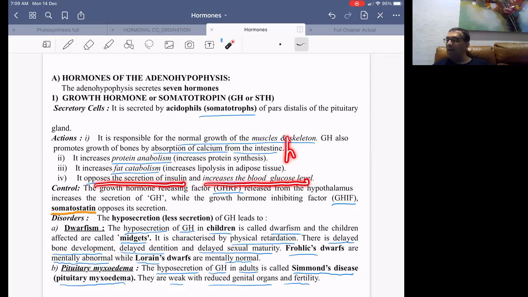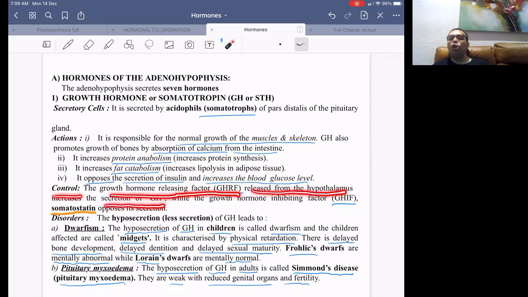So, hyperglycemia, इसे hyperglycemia कहते हैं. ग्रोथ हार्मोन इंसुलिन को ऑपोज करके ब्लड शुगर लेवल बढ़ाता है. It is called hyperglycemia. And who controls the secretion of growth hormone? Growth hormone releasing factor from the hypothalamus increases the secretion of growth hormone. So अगर आपका blood at the moment test किया जाए and all of you are 16-17 years of age, then